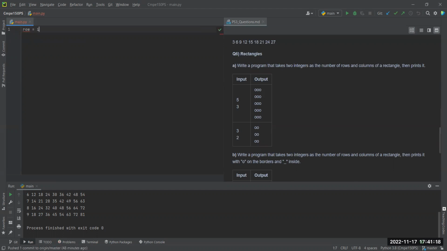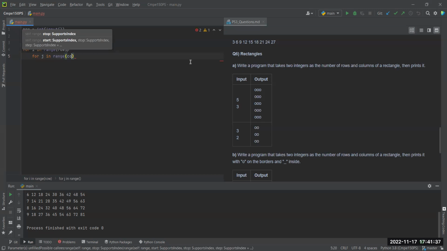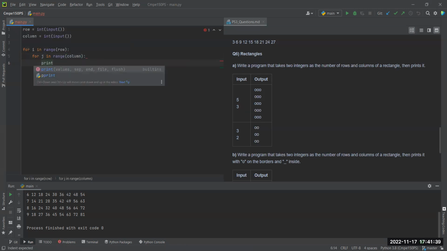First of all, we should take the row input, also the column input as integers. Then for i in range row, and then for j in range column, it should print an O, and I am not putting a space between these two things, and this means that it should be really close